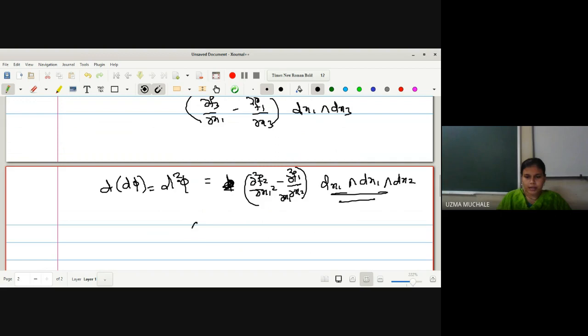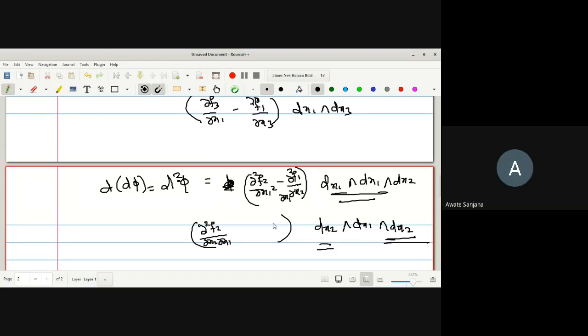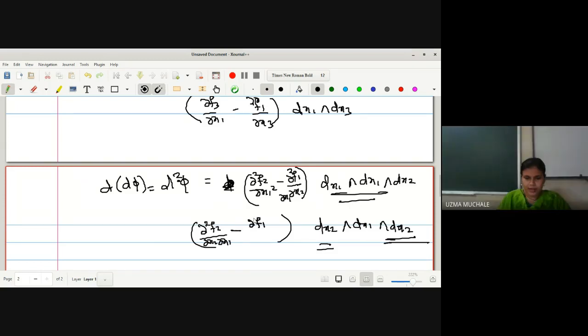ओके. सो सेकेंड टर्म को क्या होगा, जो भी आपका टर्म है उसको हम पार्शियली with respect to x2 डिफरेंशिएट करेंगे, राइट? So d2 f2 is there, then x1 already is there and we are going to differentiate with respect to x2. और बाहर क्या आएगा, dx2 wedge product with dx1 wedge product with dx2. Again here dx2 wedge product with dx2, this will be again 0. समझते सबको? Yes, ma'am. ओके. यहाँ पे क्या है, f1 है, राइट? f1 का डेरिवेटिव ऑलरेडी with respect to x2 है. अगेन we are differentiating with respect to x2, so it will be just like dx2 square.